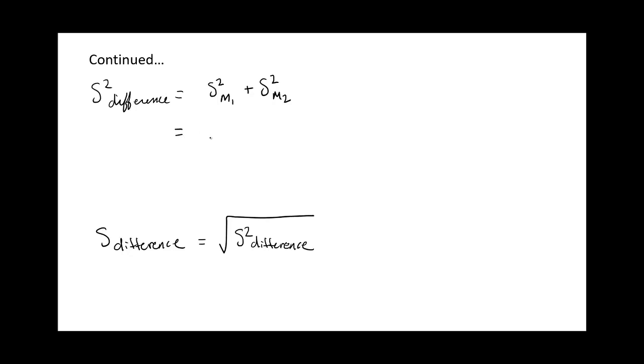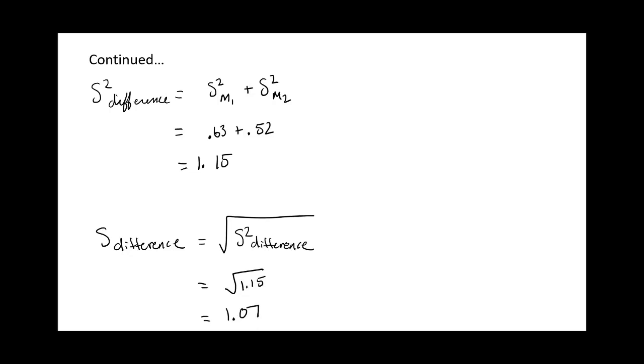We found those both in the last step, so the combined amount of variance in the distribution of means for each of those is 0.63 plus 0.52, which is equal to 1.15. So the total amount of variance between the differences of those groups is 1.15. Then the next step to get the standard deviation of the differences between the means is to take the square root of the variance, which is equal to the square root of 1.15, which is equal to